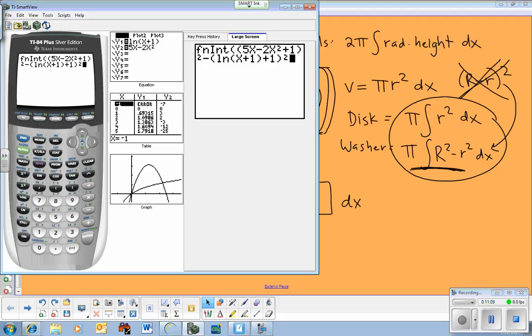All right, sometimes the hardest part is getting these things entered in the calculator. So you'll probably get half credit on your test for writing it out and then the other half for the final answer. So practice getting these things put in your calculator correctly. The second thing you type in after the comma is x, which means we are integrating with respect to x. And we are starting at 0. And we are finishing at that other value, which was